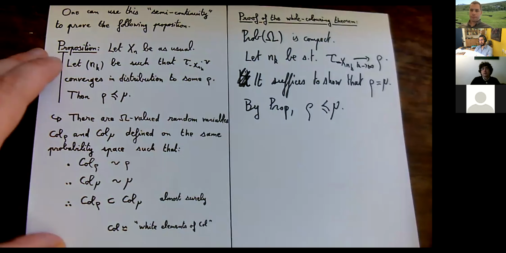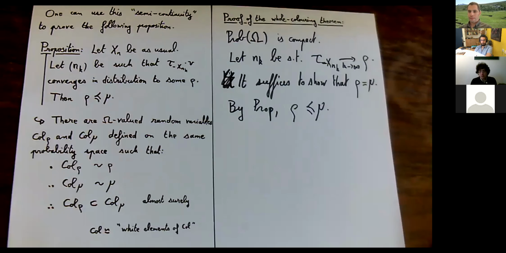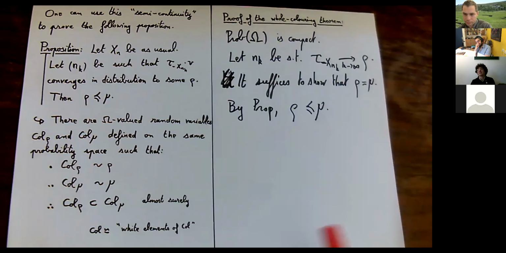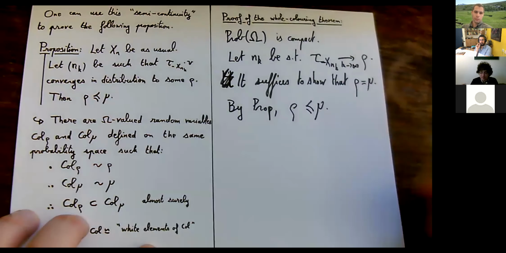And now we will conclude by an argument which I find cute. We will just prove that the two probability measures here and there have the same density. And then if we have some inclusion and the same density, in much the same way as two finite sets which have one inclusion and equal cardinalities have to be equal, in the same way, rho and mu will have to be the same measure. So we have this inequality. We need to prove that both have the same size, the same quantity of white inside them, or quantity of black, it's the same. I mean, it's one minus the other.